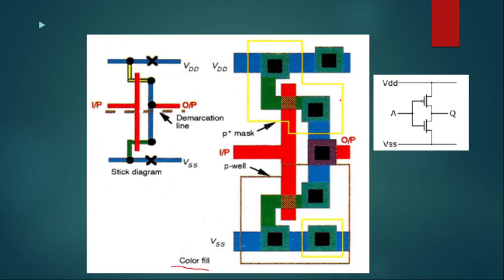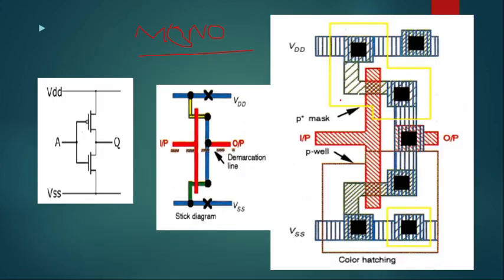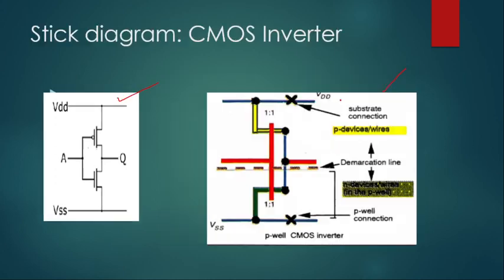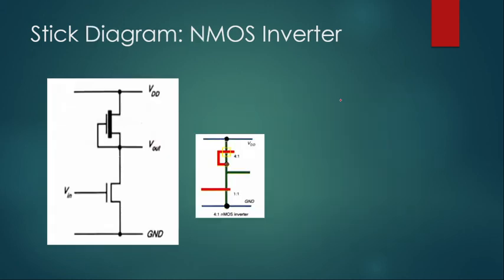This is one in which you can make it color filled. This is monochromatic. This is all with line alignment, known as color hatching. And if you have single color, you can make it monochromatic, or else you can also make your layout in this way if you do not want to waste your time in making the lines or the color filled. Now I will also explain you how to make the NMOS inverter schematic.